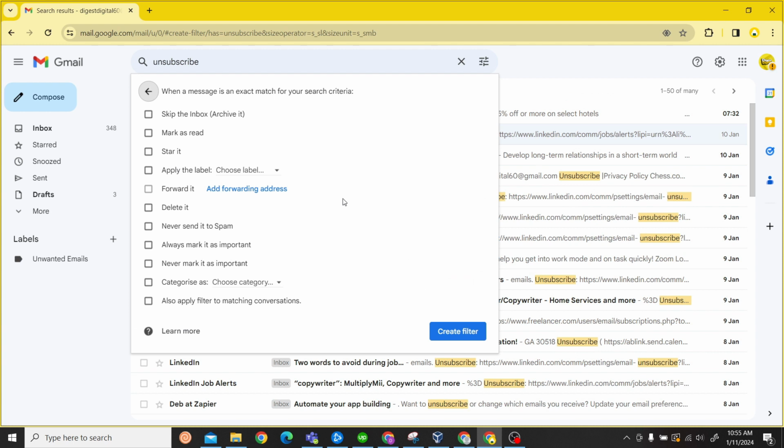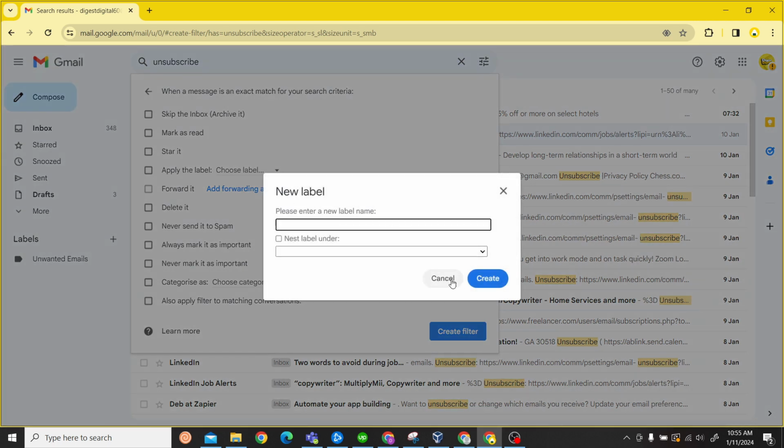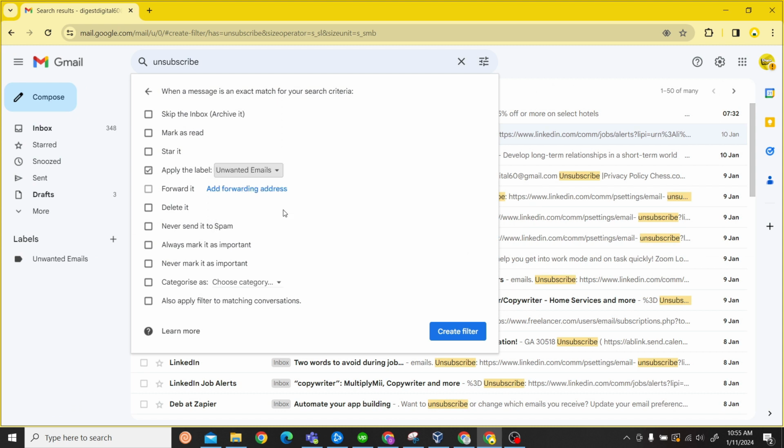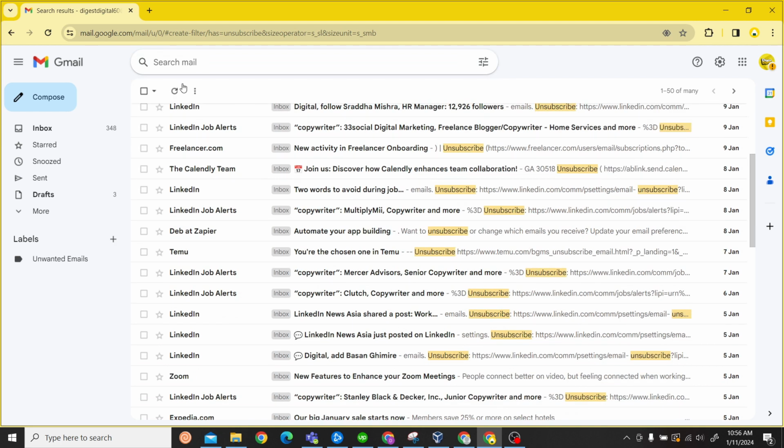Alright, so now all you have to do is click on this choose label, and now you can create a new label. So give it some name. So I've already created a label which is unwanted emails, and after you have done that you can see the label will be created. Now what you have to do is click on also apply to matching conversations. So once you click that and create filter, what you have to do is just refresh it, and